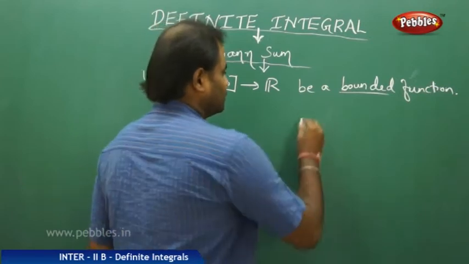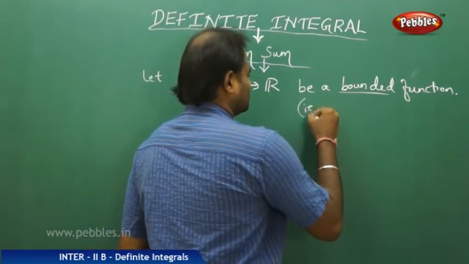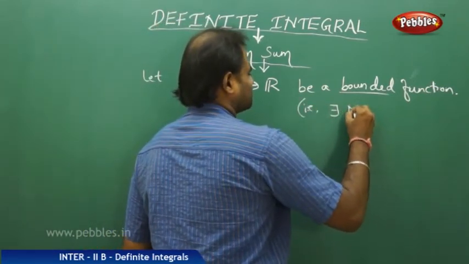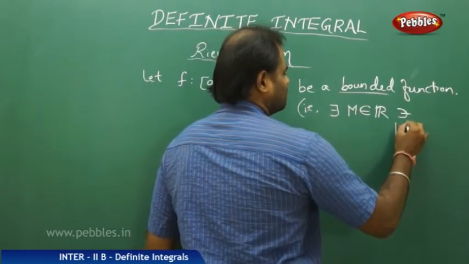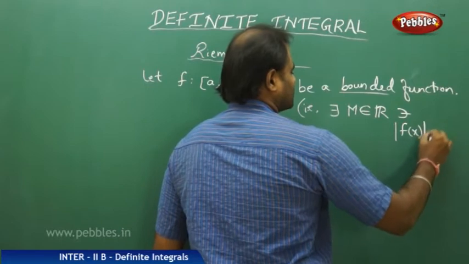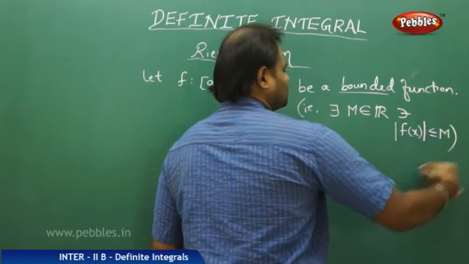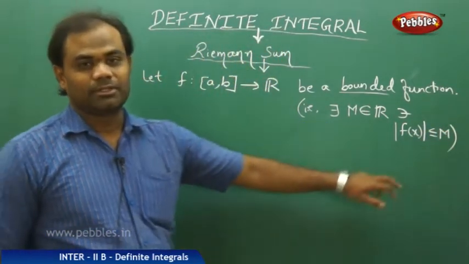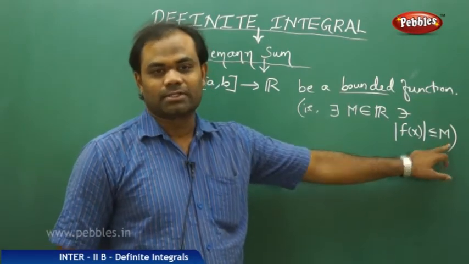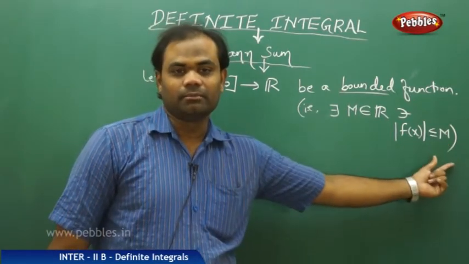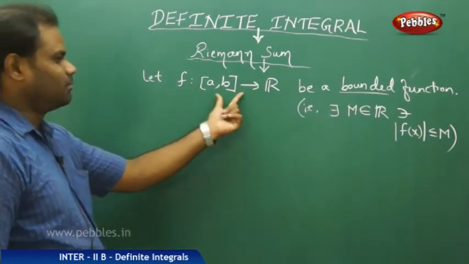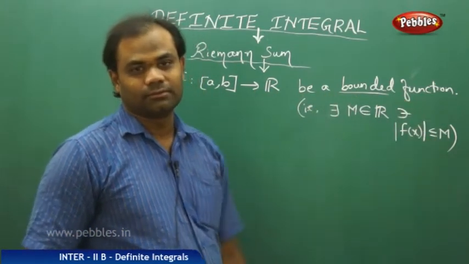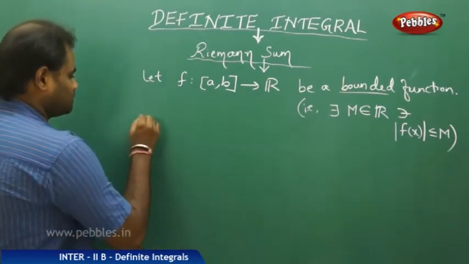Mathematically, we define it as follows: there exists m belonging to R such that |f(x)| is less than or equal to m. This is how we mathematically define the boundedness of a function using the real number m. So therefore, I assume that f from [a, b] to R is a bounded function. And for this,